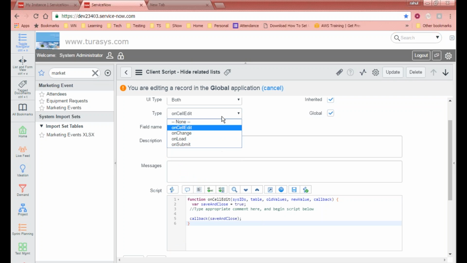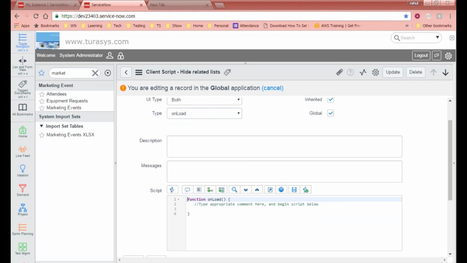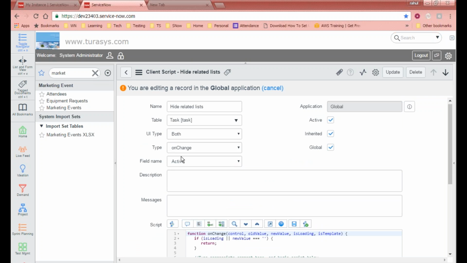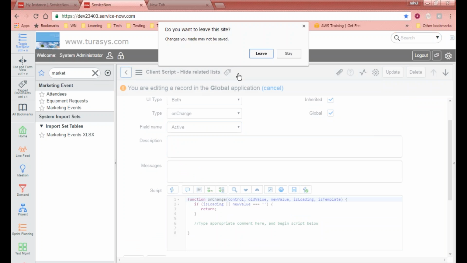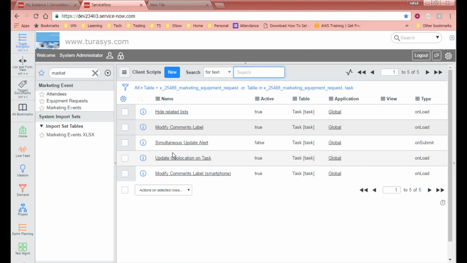script accordingly, right? So onLoad will give you this, onSubmit will give you onSubmit, onChange will give you, again, the field name is required because for any field that you have changed or are going to change, you have to take the old value and new value and then use it accordingly in the script, right? So this way you choose different types of scripts and different fields to be used for writing that script. Now let me go back to one example specific